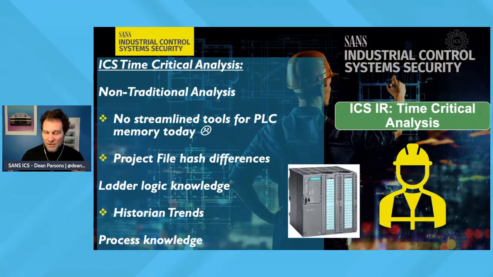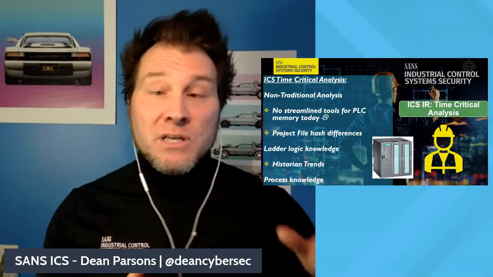Now, here's the interesting aspect. When you do have a change, the hash will only tell you that something did change. It will not go through and tell you what changed in the actual ladder logic. So if you're in a cookie factory and inside that ladder logic file it said, put in more chocolate chip cookies, then you're not going to see that. You have to go in through the code, which means you have to have ladder logic or engineering knowledge, going through that file to see what changed in the past.